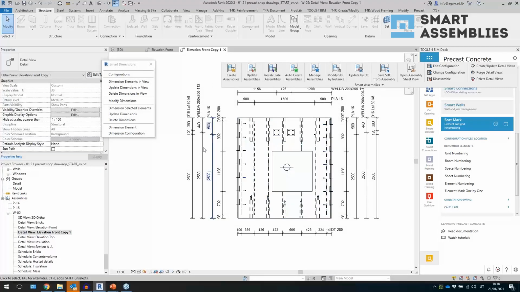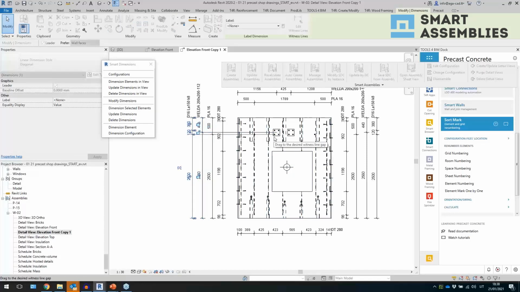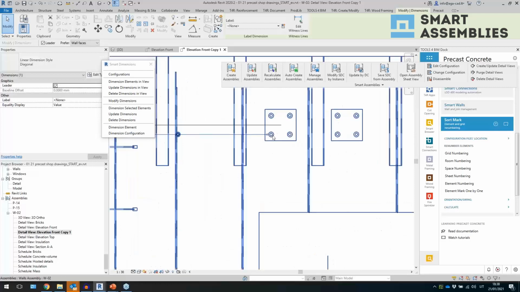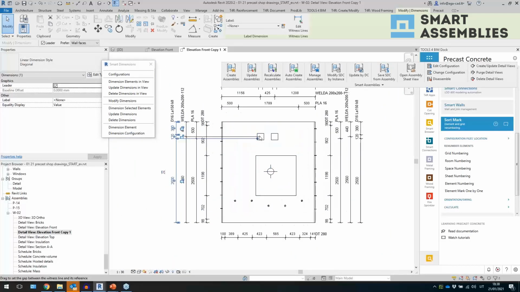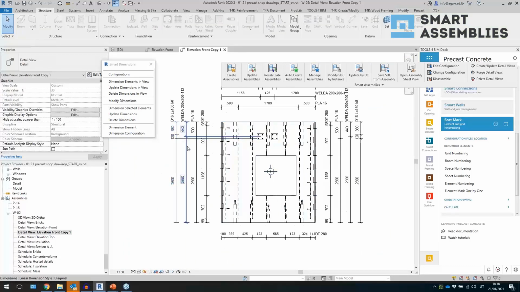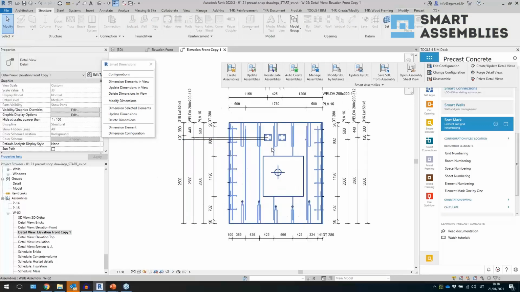So what happens now, I have 3 dimensions instead of 1. One for this small detail, this one goes to plates, and this one actually is not the dimension I want, because this one is dimension nested families inside that plate family. So I don't want to measure that, I want to measure just the plate. And actually plate is measuring to location point, but I want to measure top and bottom faces. So what I would do is that I can say